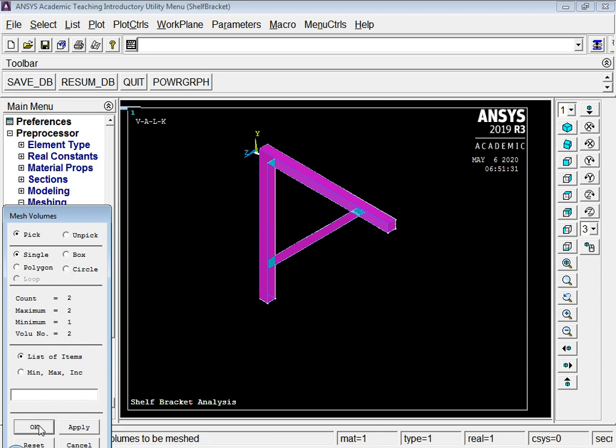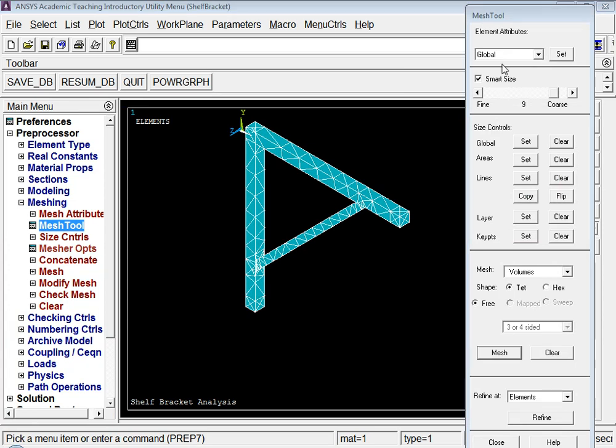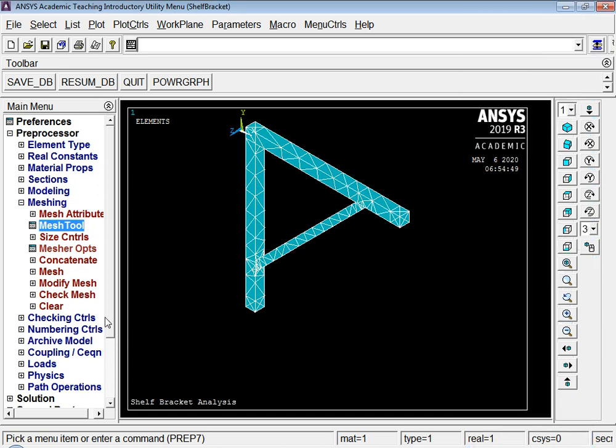It can take some time, depending on the coarseness we have specified over here. If we are towards the left hand, which is the fine size, then it will take more and more time. That is fine. As far as the sample problem is concerned, this particular mesh is fine. So I'll close this mesh tool. These are tetrahedron elements, so triangular faces it has, and it's a 4 noded tetrahedron.